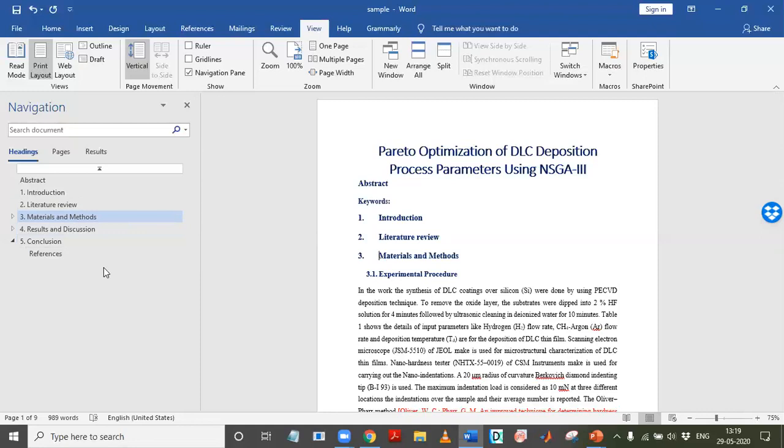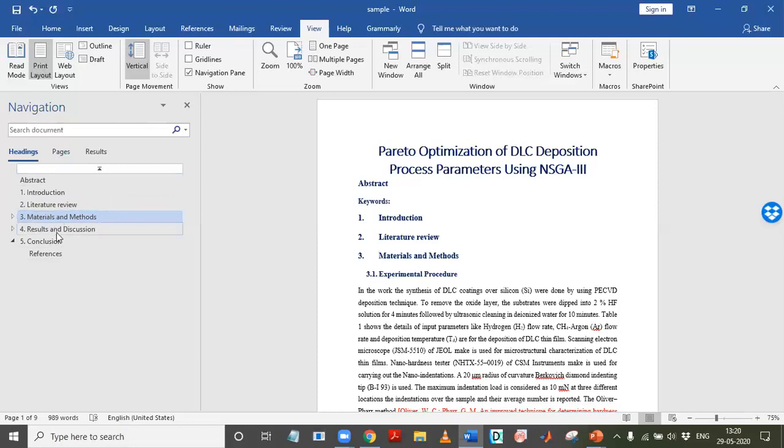So that is why I want to segregate in such a way that I have somewhere around 3000 to 4000 words in the results and discussion, 300 to 500 words in the conclusion, and in the abstract close to 200 words. Then, for the remaining portion, suppose the average length is 6000 to 7000. Even if I consider that my paper is going to be 7000, and if I consider that 4000 is here,